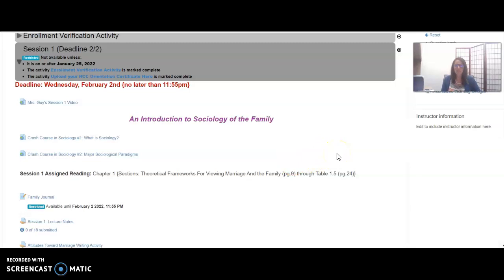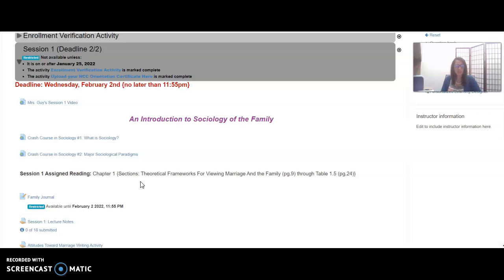Moving into the session work, each week you'll need to do the assigned reading first, and you'll see the chapter and the pages associated with the assigned reading clearly laid out for you in each session in Moodle. Now you'll notice that I don't always assign an entire chapter, and that's because I really do want you to do the reading. And I tried to be very careful in choosing the content in the book that addresses the specific expectations for the course. So I definitely don't want to waste your time and make you read things that are not necessary.